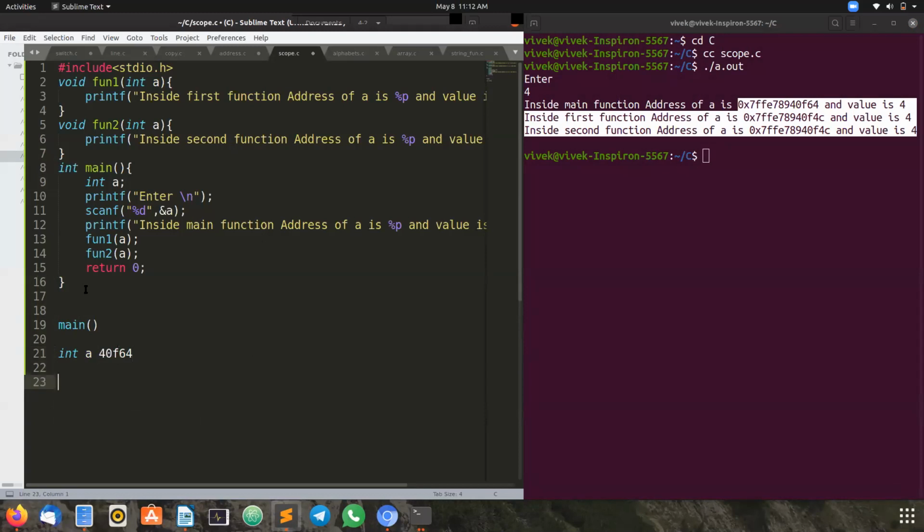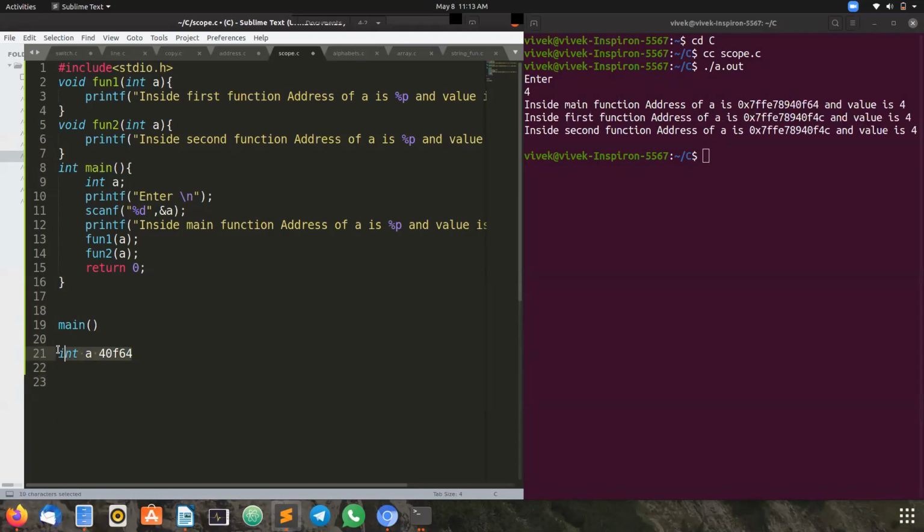This is the address. I'm passing the value of this a to another function, but not the address. Yesterday we saw we can also pass the address, but I'm passing the value, that is 4. The value of a is 4. I'm passing this value. In the subfunction, that is function1, we have created a new variable as a parameter in the parameter itself, that is here.